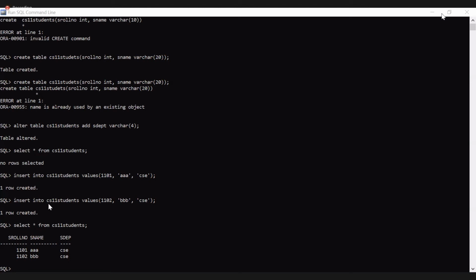So now we have inserted 2 records. If you want to alter the structure of the table, and whatever attribute you have added, if you want to delete it, or any attribute from the table, you can do it using the alter command, but we should specify drop instead of the add keyword, followed by the column name. Tell me which attribute should we remove?